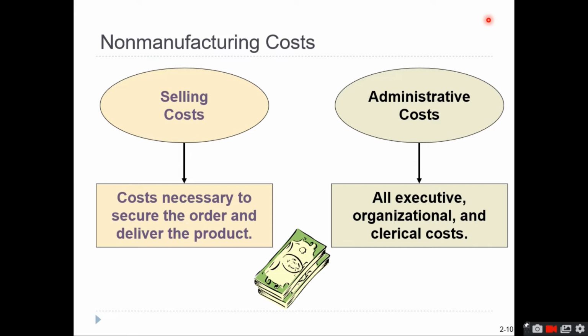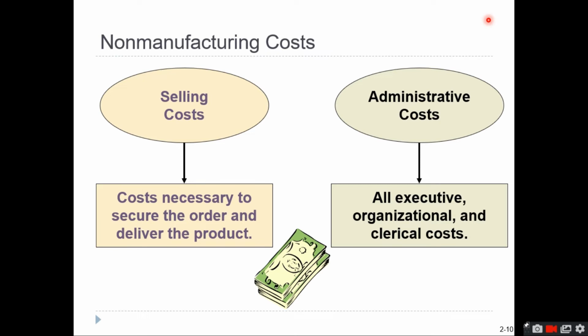Okay. So we now go to our non-manufacturing costs. Of course, we already know that our manufacturing costs are composed of 3 items, and those are the items that we discussed already above. That is your direct materials, direct labor, and factory overhead or manufacturing overhead. And I hope you also remember that prime cost is composed of the 2 direct items, which are direct material and direct labor. And conversion cost pertains to your direct labor and your factory overhead or manufacturing overhead.